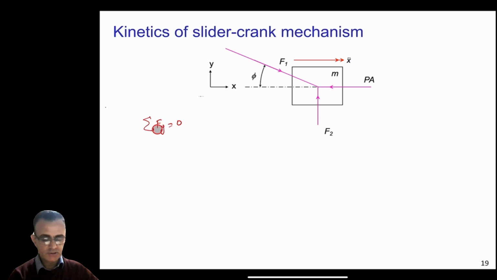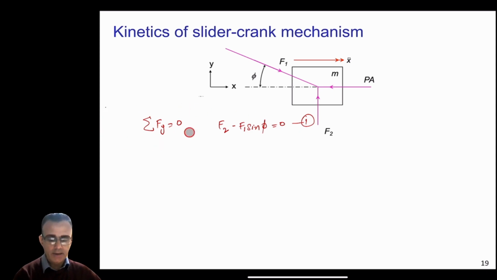So if you consider this equation here, what will we get? In the y direction, you have this F2, which is positive, and then you have minus F1 sine of phi, and this should be equal to 0. So this is our equation 1. Because there are two unknowns in this equation here,